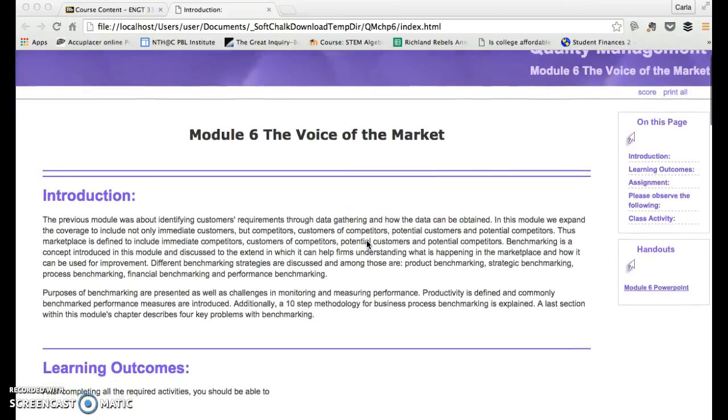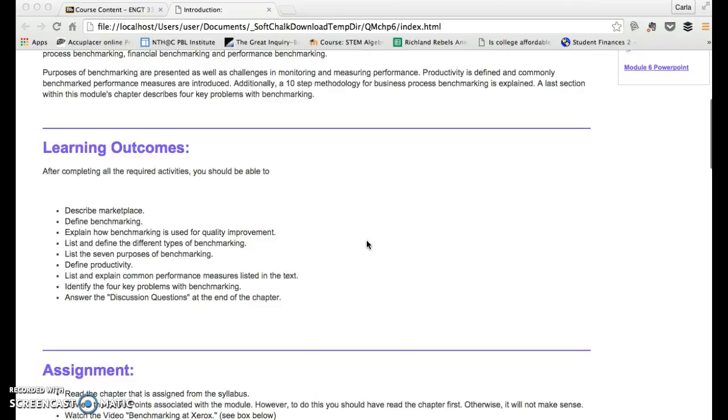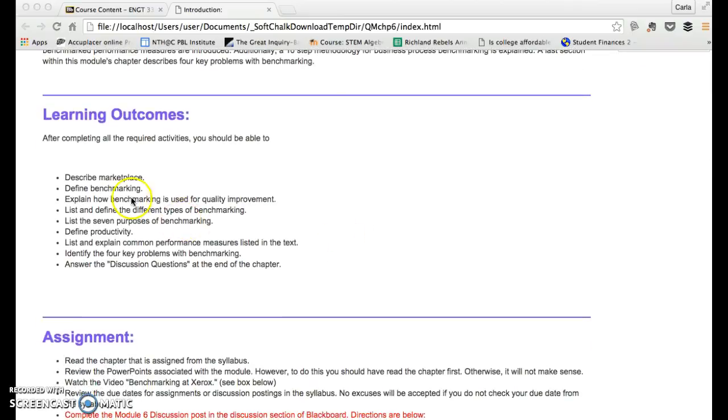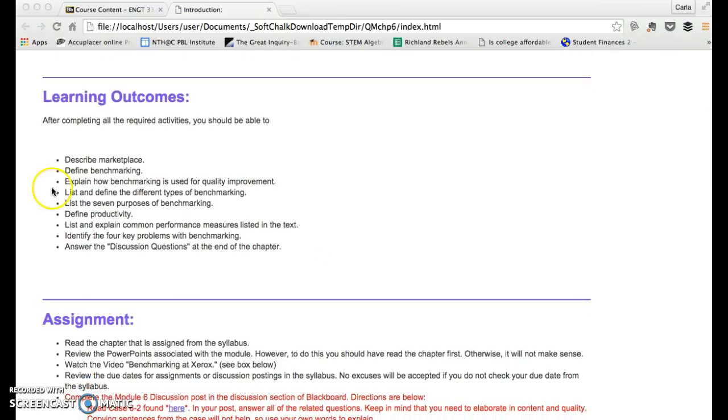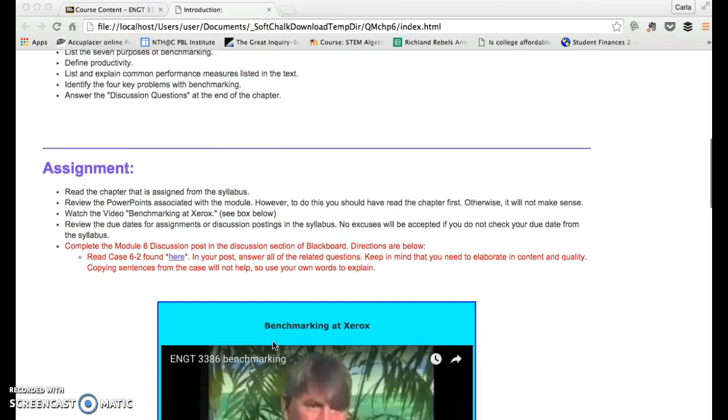Each of the modules start off with an introduction, and then the learning outcomes. Notice that I tried to put space in between so that it makes each section stand out. Similarly, the tab is spaced appropriately. On the assignments,